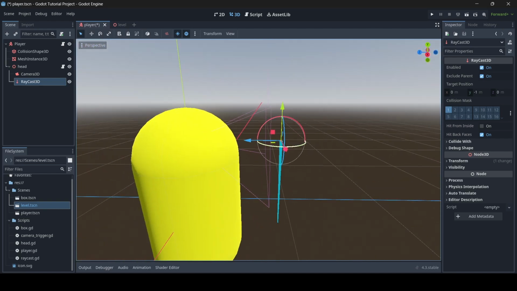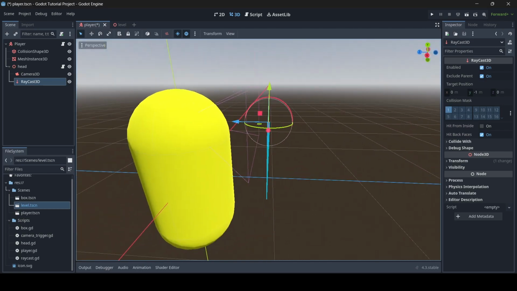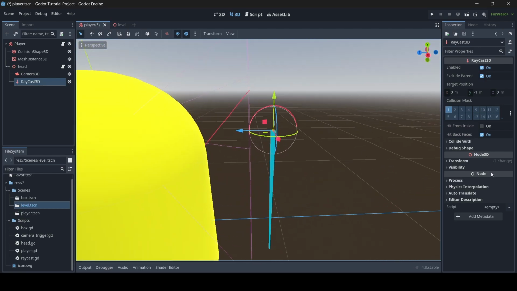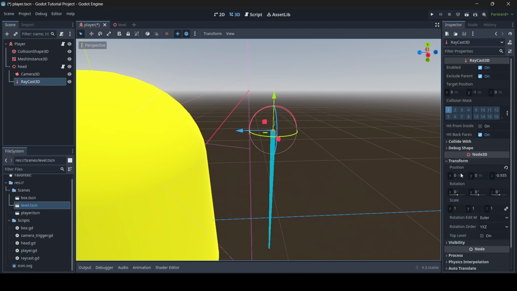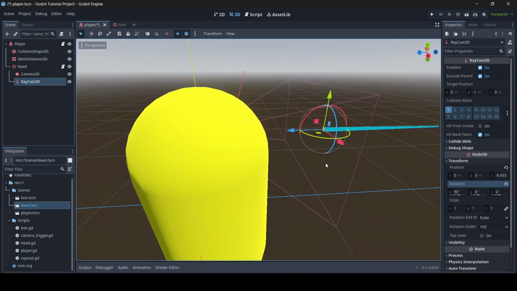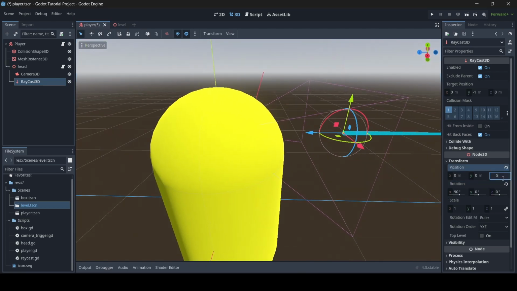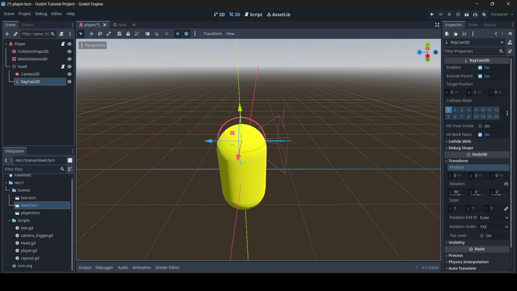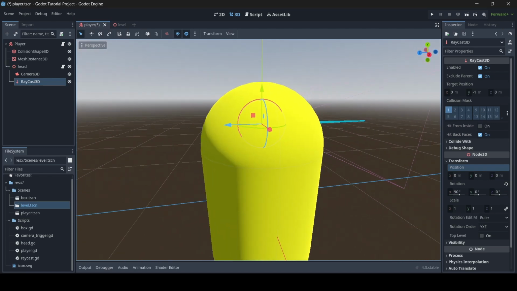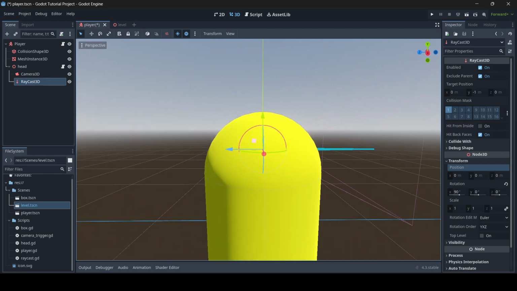If you want to have it facing forwards, because your player will be facing forwards, not downwards, what you would do is go to the Transform tab here, with your raycast 3D selected, of course. And then you just change the rotation, I think on its x-axis. Yeah, you just change the x-axis rotation to like 90 degrees. And then you're all good. And then you just want to position it where you want it, and boom. So now that we have our raycast attached to our player's head,